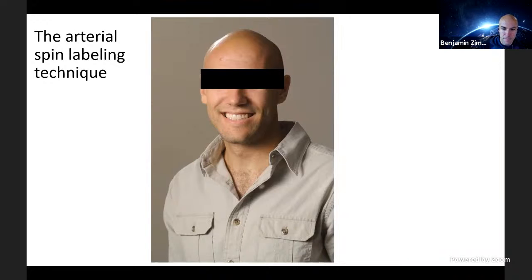In this technique, we can magnetically label water completely non-invasively to create a sort of intrinsic contrast agent. So we can label the blood, usually somewhere at the base of the head, and then after we label it, we'll wait a second or two for the blood that was down there to travel up into the brain. So we know that the arterial blood is traveling upwards here because all of the blood that goes up to the brain is going through just a few arteries in the neck. And then we can acquire an image of the brain after letting the blood get there.